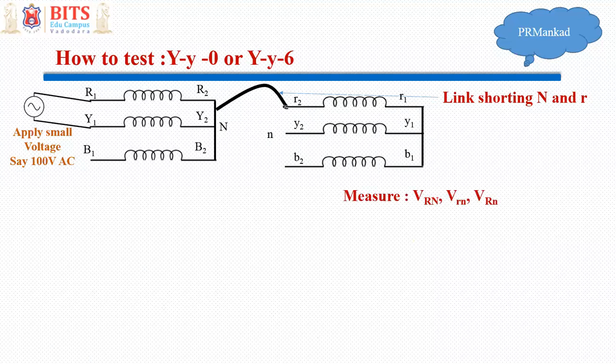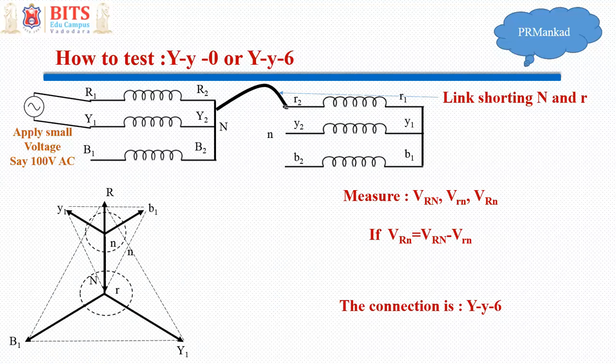Now again, we have to measure the phase voltages of primary and secondary. And again, we have to measure voltage between the terminal of R phase primary and neutral of the secondary winding. And if the resultant is a difference of these two, then we can say it is a YY6 connection. Again, let us see the proof of it. This is the phasor diagram when I connect the small r to the n. So as the triangle is inverted over here, if I connect capital N to small r, they are same point, and then this triangle goes upward in this fashion.